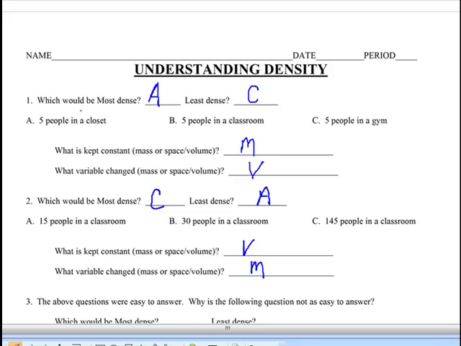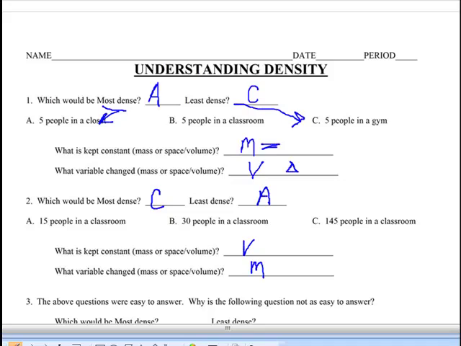Alright, so I hope you've given this a shot already. In the first example, you've got 5 people in a closet, 5 people in a classroom, and 5 people in a gym. So the people are the same. In this case, the mass or the people are the same, and the volume changes. Remember the little delta is a change sign? So the volume changes. So the size of the space is different. So therefore, as long as one of the variables is the same, in this case people, we can easily determine where the people would be most dense or squished closest together. And that would be in the closet, and least dense,